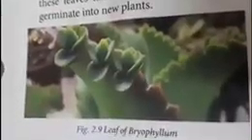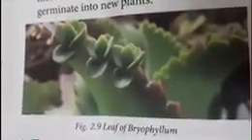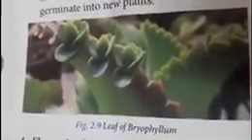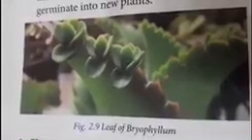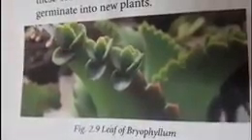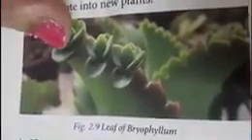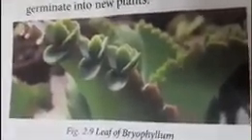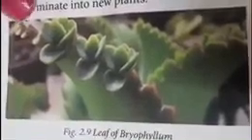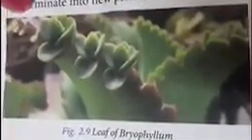Next activity we will do is to grow the plant by means of leaves. Earlier I have shown you the growth of plant parts by stem. Here we take a leaf of Bryophyllum and you can see that it has got adventitious buds which are growing in the notches. In the margin of the leaf you can see notches over here. Here these adventitious buds are growing. If we cut the leaf into bits, or even if the leaf falls off onto the ground on its own, we find that a new plant arises from it. So we can also do it as an activity.